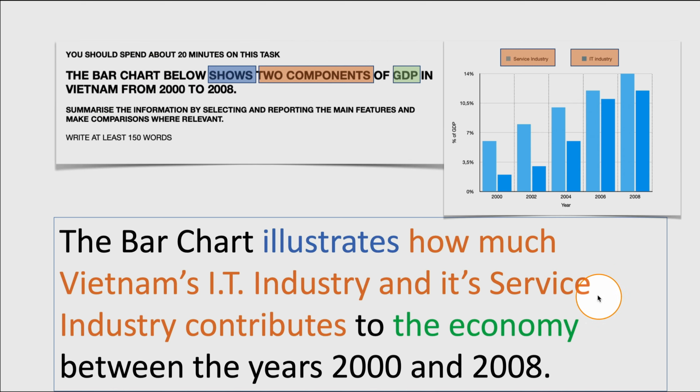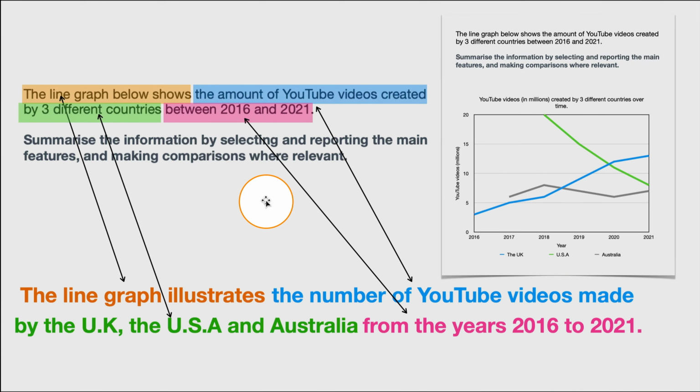Into our introduction. Let's have a look at another example for the line graph. It's very similar in the line graph as well. The line graph below shows the amount of YouTube videos created by 3 different countries between 2016 and 2021. And we can see that the countries are the UK, the USA and Australia. So let's color code this. The line graph below shows, once again we've deleted below and just said the line graph illustrates the amount of